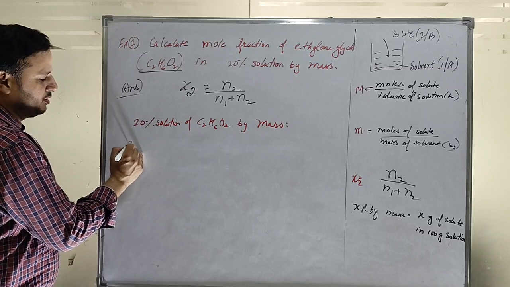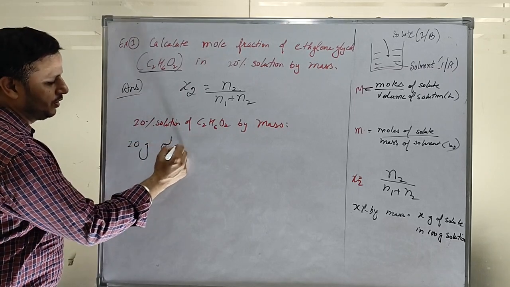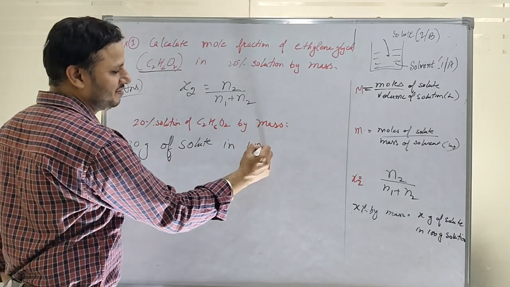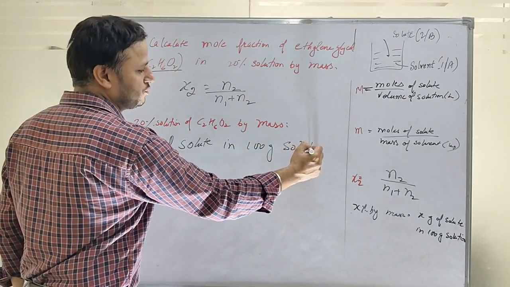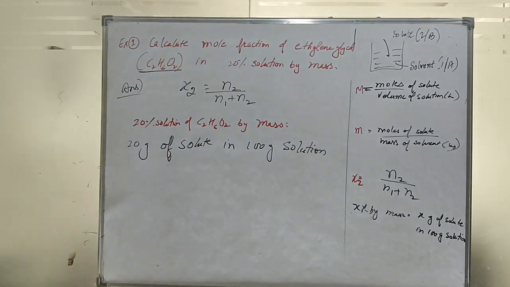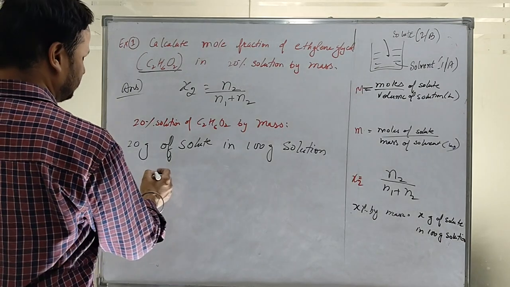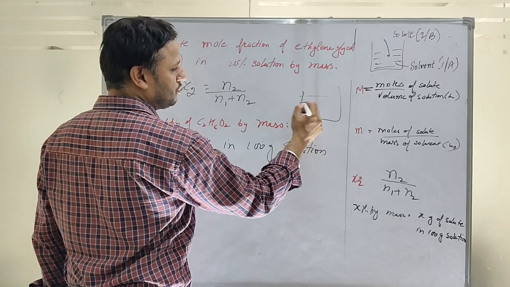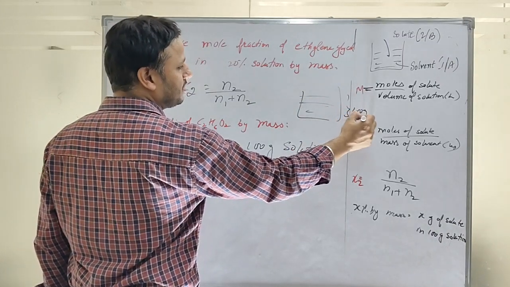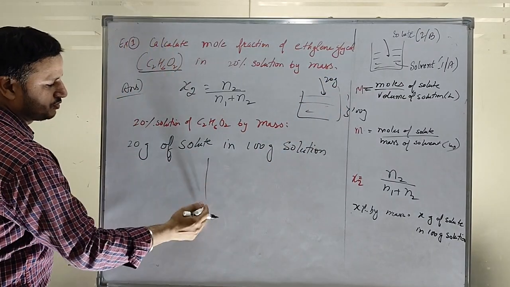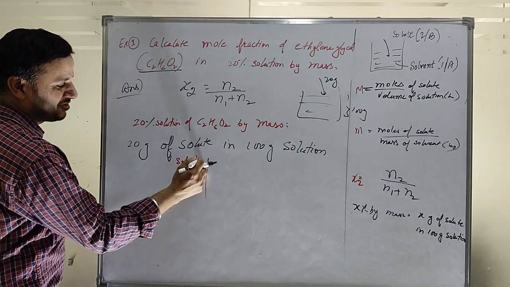20% solution by mass means 20 gram of solute in 100 gram solution. पूरा जो सॉल्यूशन है वो 100 ग्राम का है और उसमें सॉल्यूट 20 ग्राम है। तो देखो एक स्टेटमेंट से,